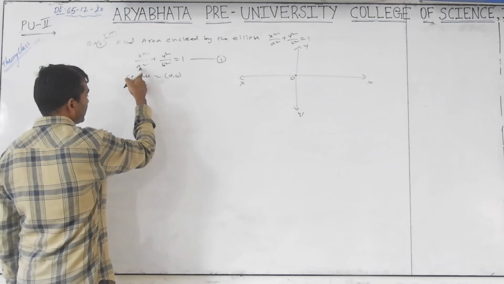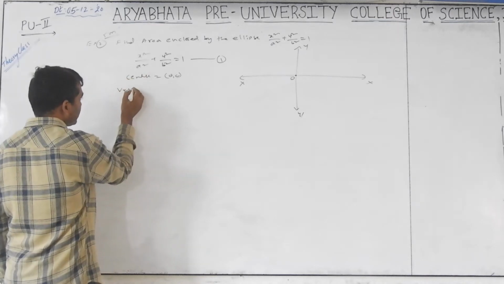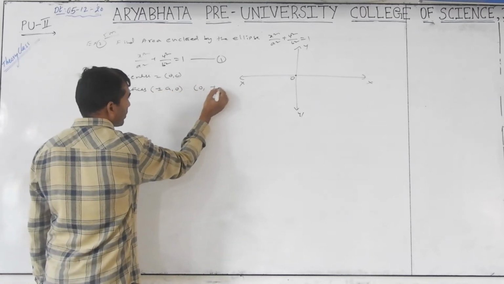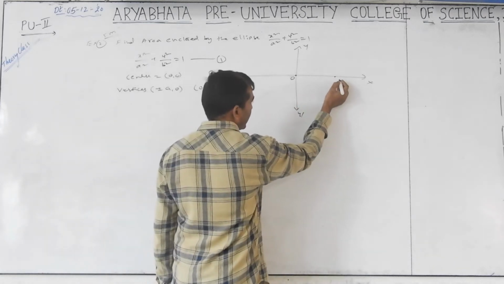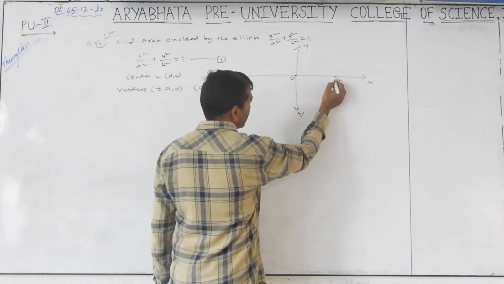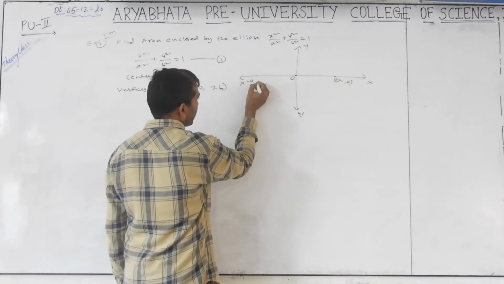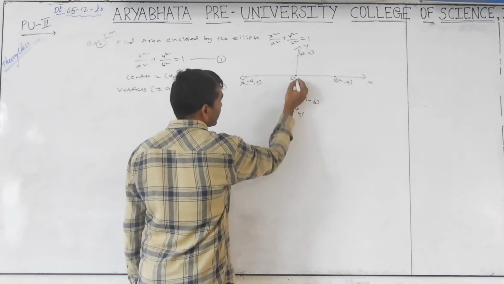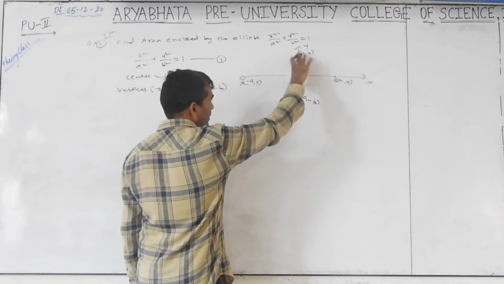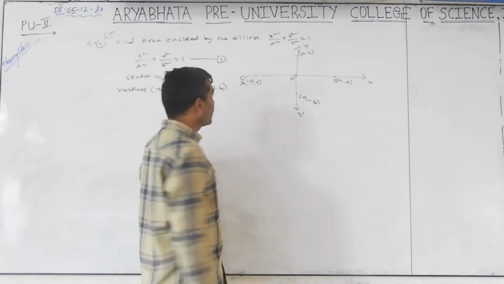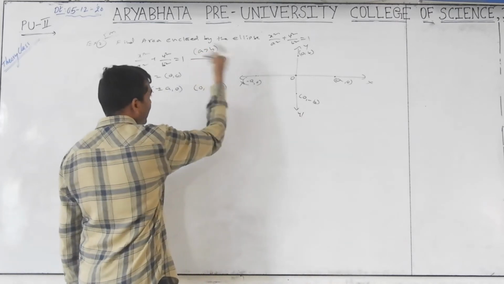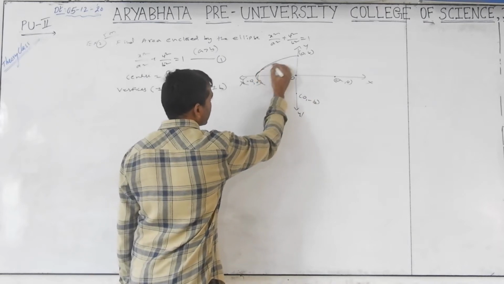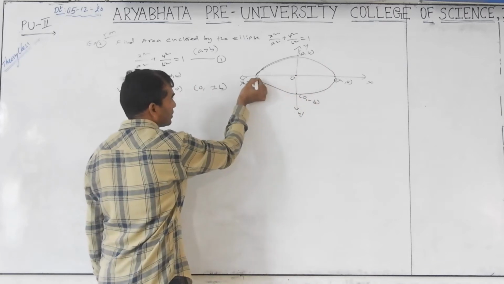And the axis here, what does it say? Plus or minus a comma 0 and 0 comma plus or minus b. This length is a comma 0 and this is minus a comma 0. 0 comma b and 0 comma minus b. This is length 2b, the length of the minor axis. Length of the major axis. Here we generally take a greater than b. If a is bigger, the transverse axis lies on the x axis. This is the ellipse.